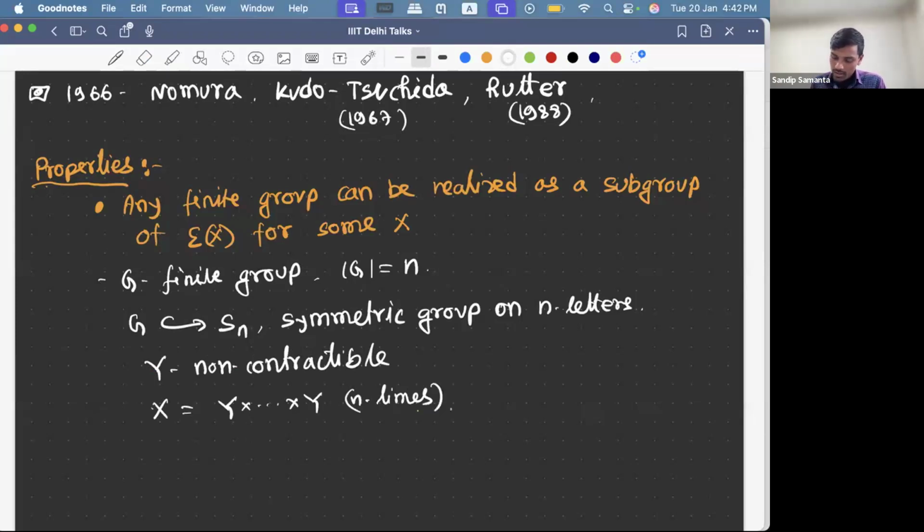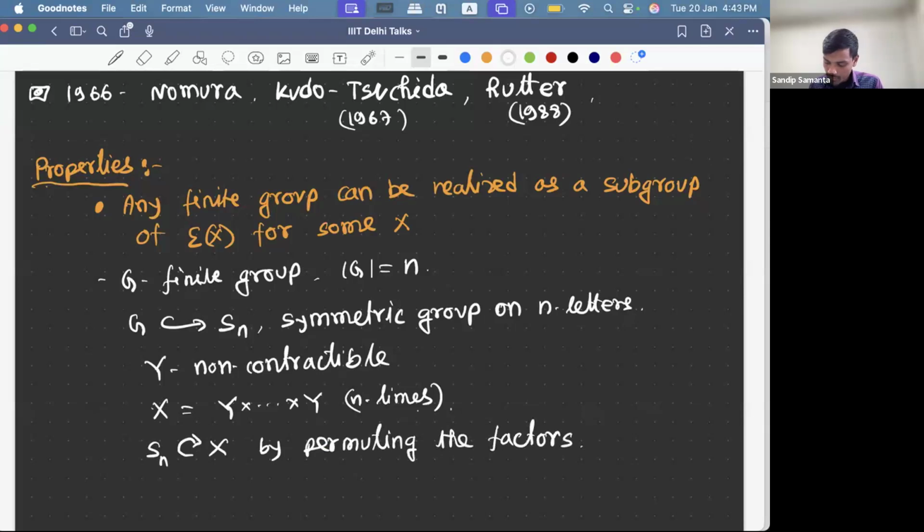Then on this X, S_n acts naturally by permuting the factors. And so that means we have a map from S_n to